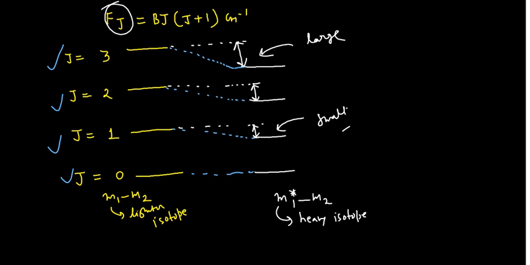So that's why, when the J value increases, this energy gap decreases. So it simply means what? I'll try to keep it simple: Fj star would always be less than Fj. So this is reflected in this graph also, right? This Fj star corresponds to these energy levels, and this Fj corresponds to these energy levels.